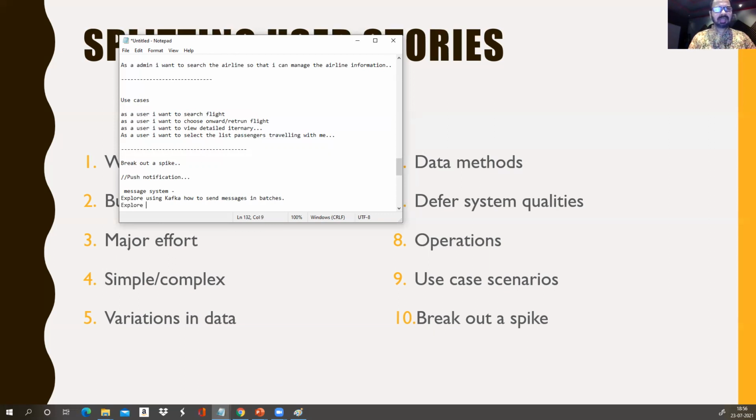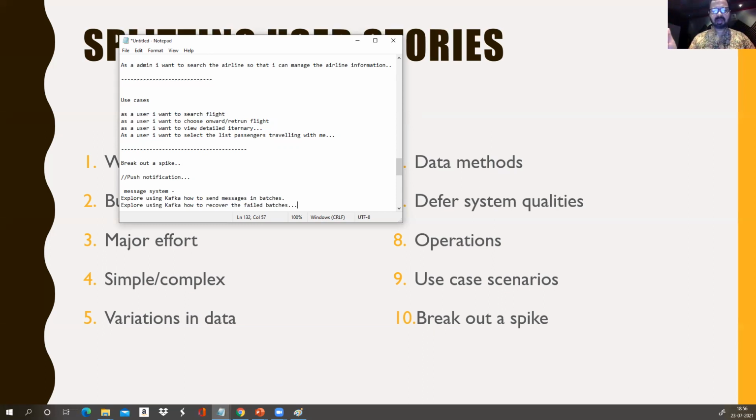Then explore using Kafka how to recover the failed batches. So here what we are saying is, sometimes if the queue becomes more, maybe our message fails, and we want to know which message or which batch has not gone successfully.